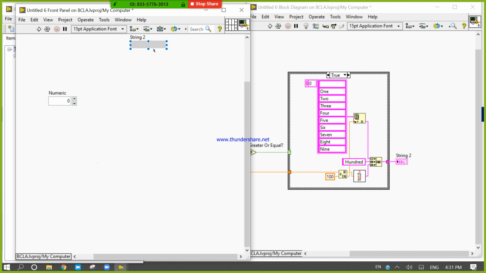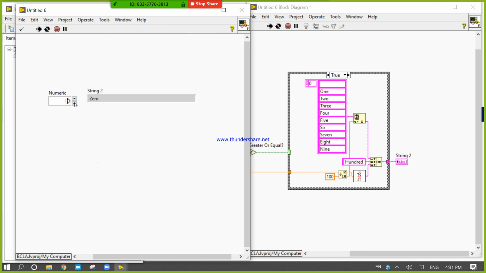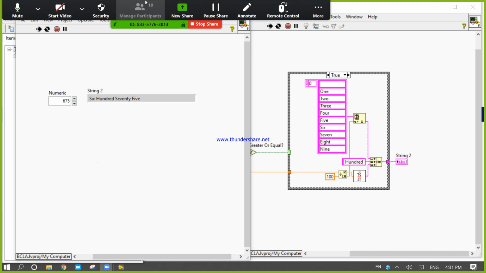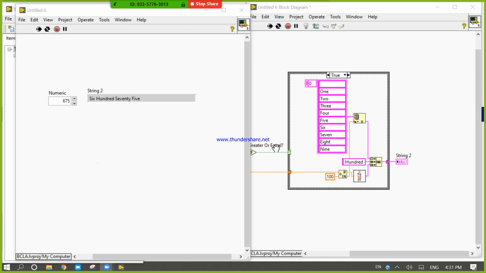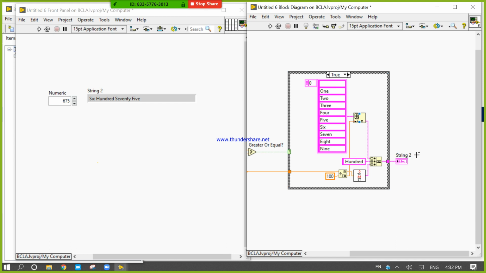Okay. Run. 675. Program is done for 675. So now you can design your next step for 0 to 9999. Why are we designing these things? Let's discuss that. First I am going to save.